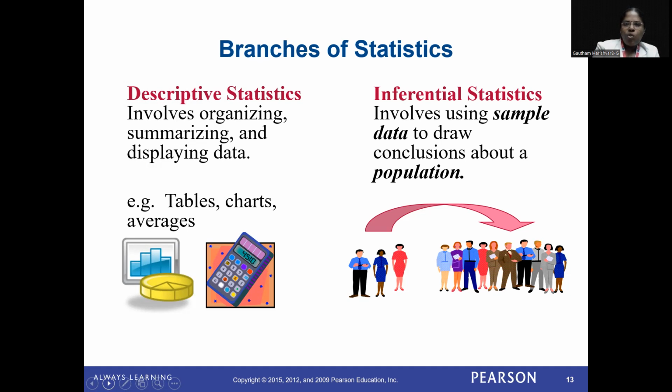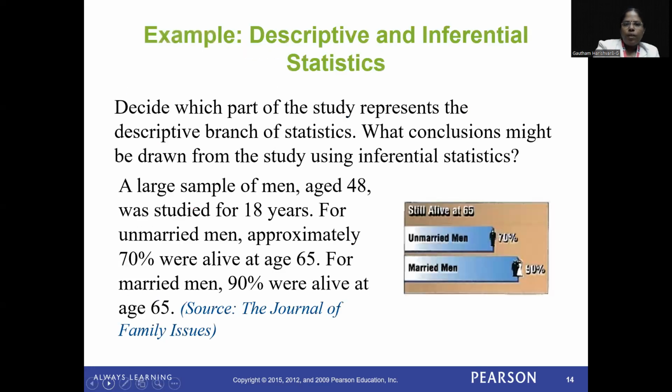Can you understand? So there are two branches of statistics: one is descriptive statistics, another one is inferential statistics. In descriptive statistics, we are displaying the data, interpreting and organizing, everything. But in inferential statistics, we get the conclusion from the sample data. From that, we learn about the population by testing the sample data. Okay, now we are going to see one example